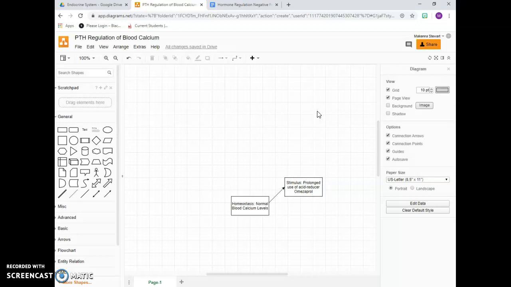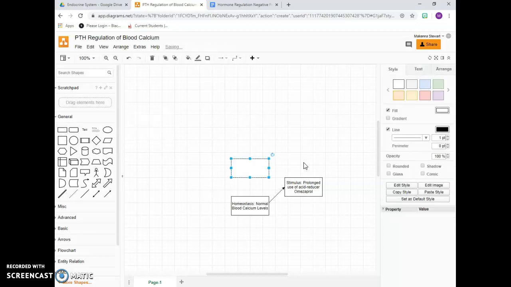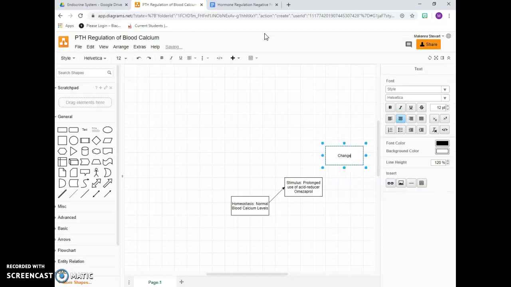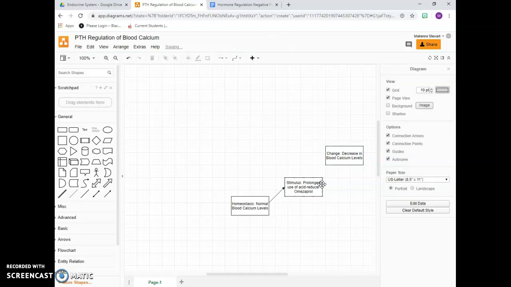Now, I didn't just randomly know that prolonged use of omeprazole causes a decrease in blood calcium levels. I researched that, so you can research a stimulus that would work for your feedback loop. So after the stimulus, we have a change in the body. So in this case, that would be a decrease in blood calcium levels, and